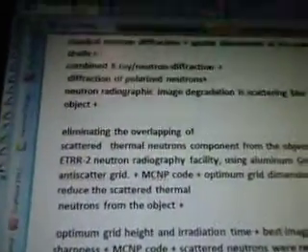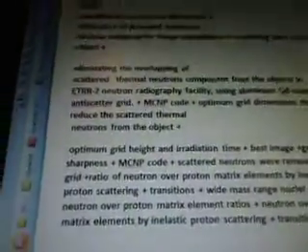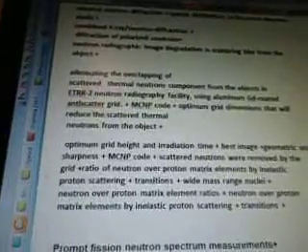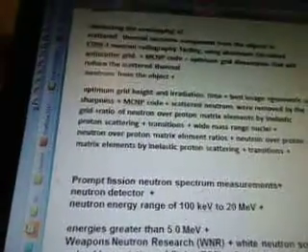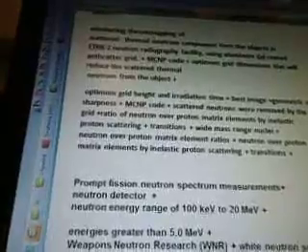So I'm going to just go eliminating the overlapping of scattered thermal neutrons components from the objects in ETRR-2 neutron radiography facility using aluminum Gd-coded anti-scatter grid, plus the MCNP code, plus optimum grid dimensions that will reduce the scattered thermal neutrons from the object. We're going to add optimum grid height and irradiation time, plus best image, plus geometric sharpness, plus MCNP code, plus